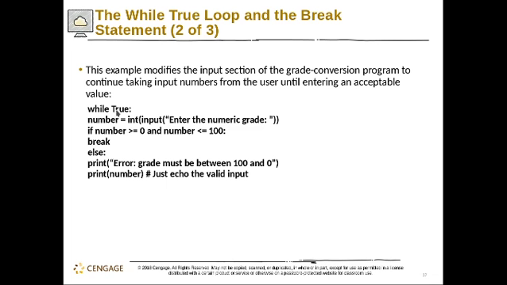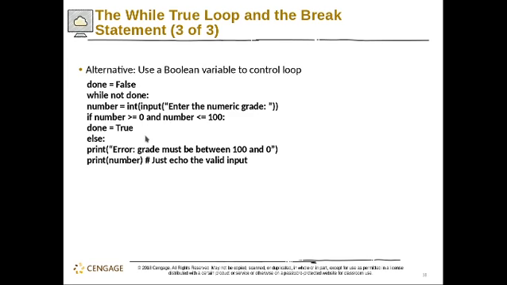This program should be such that as long as you enter a number within the range, it will not give you the error output, grade must be between 100 and 0. That's basically just a while loop. So while the variable done is false, you write while not done, and that is your condition for the while. So while loops are a bit of a challenge to do.